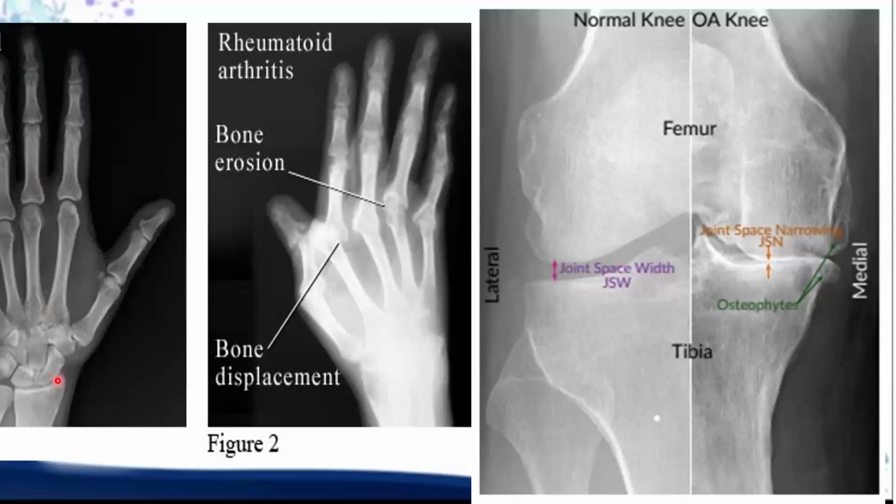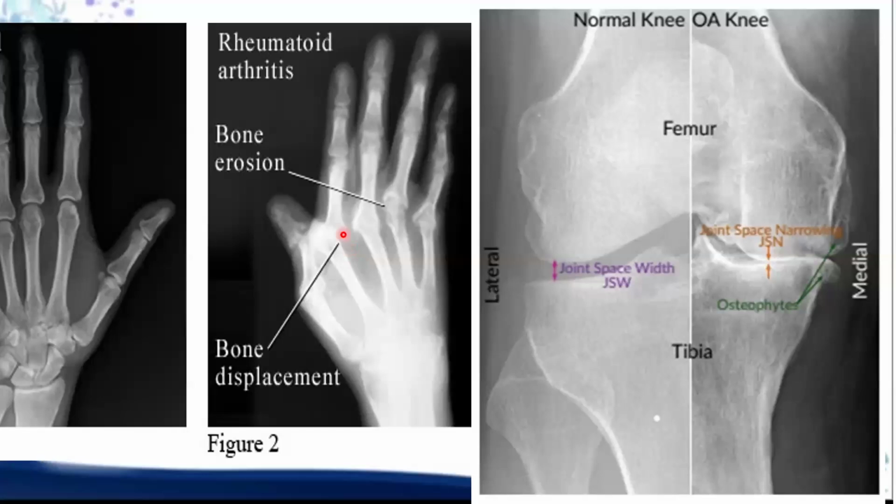So this is a normal joint, and this is rheumatoid arthritis. In rheumatoid arthritis, certain things you see like bony erosions, right? Can you see that the joint is completely damaged? There's something called a rat bite joint, where it's like there's a rat bite in the joints, right? So it's all damaged, and bony displacements, that is your deformities, right? So you get those Z-shaped swan neck deformities, Boutonniere deformities.